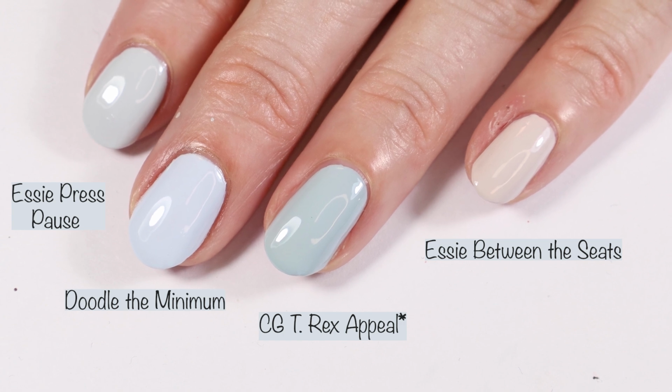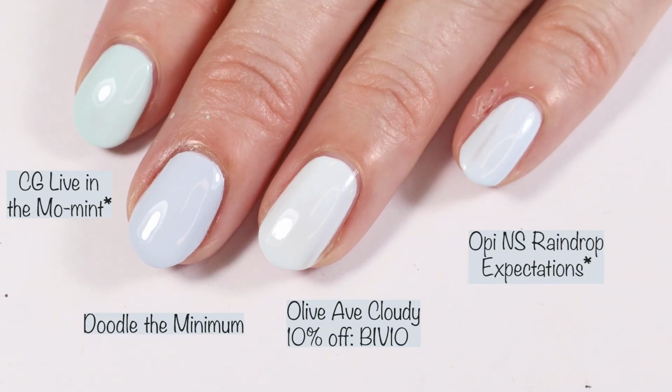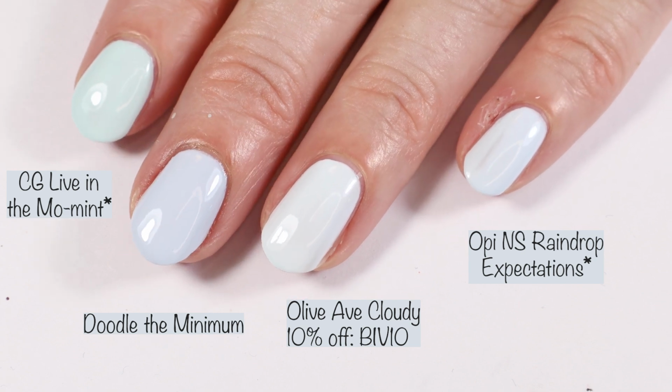I did have a request on Instagram for a comparison to that polish, so you can see how those compare. And then here we have China Glaze Live in the Moment, Olive Ave, Cloudy, which you guys,